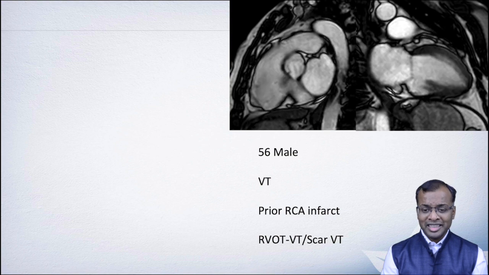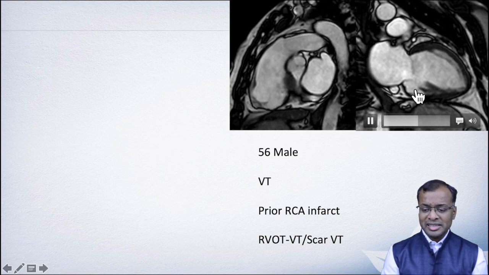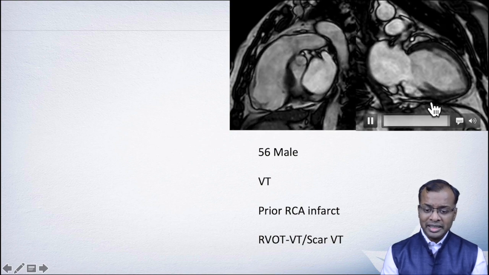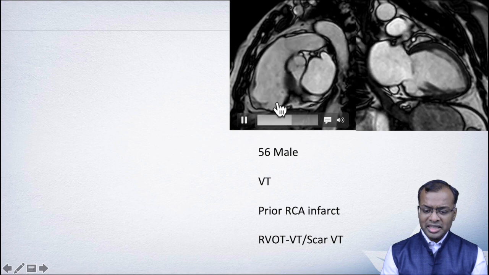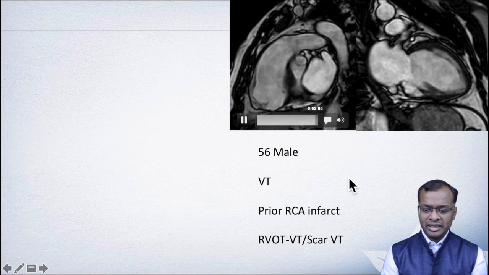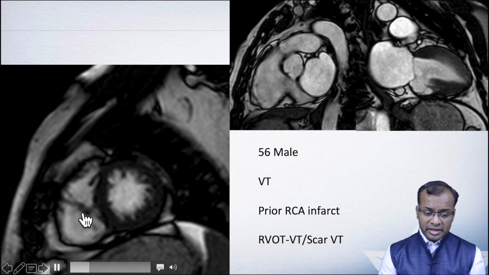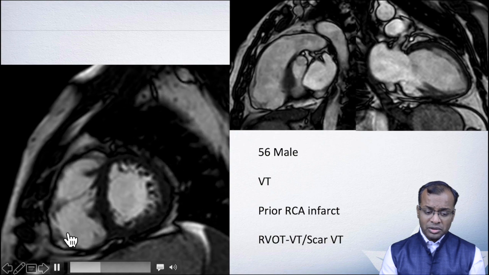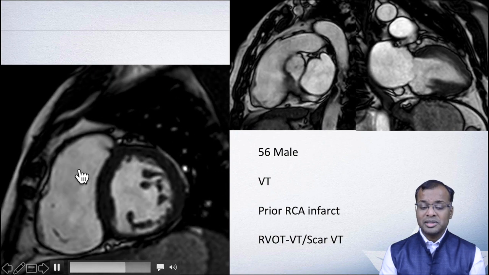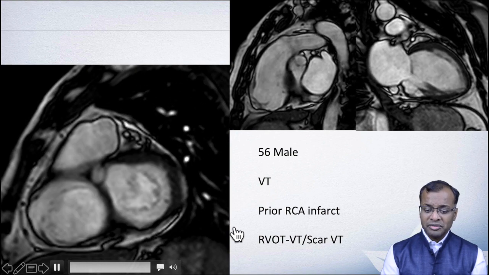And for that, we had done a cardiac MR. You can see here that the basal inferior wall is thinned out and not moving well, in keeping with RCA infarct. Then again, when we start looking at the RV free wall, you see that this is dyskinetic on the RV side. You look at the short axis fully, and this is the RV. You will start to see early areas of microaneurysm formation in the RV free wall, and there is dyskinesis of the RV free wall.